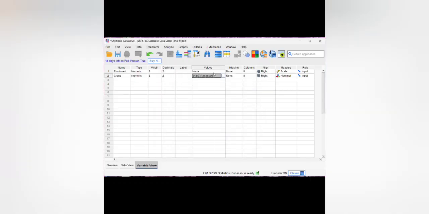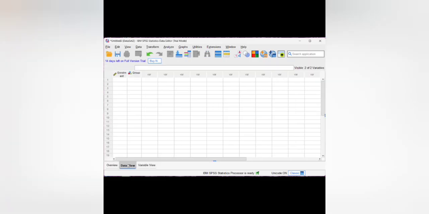So we are going to reduce the decimal places to zero. And in data view, we are going to stack all the enrollment values into a single column,